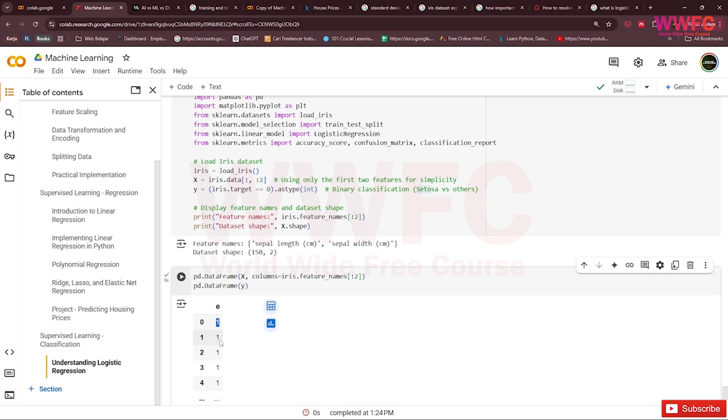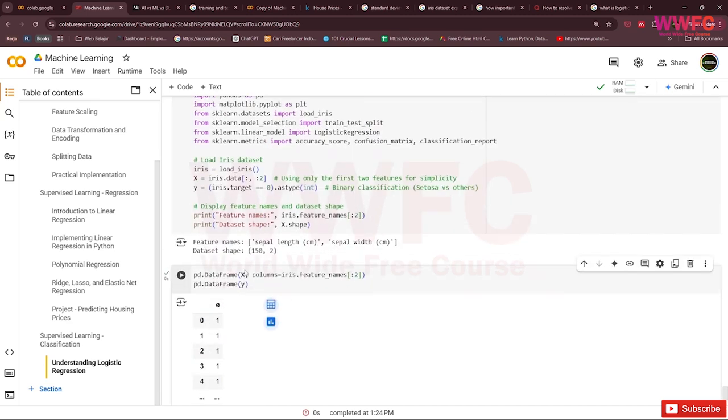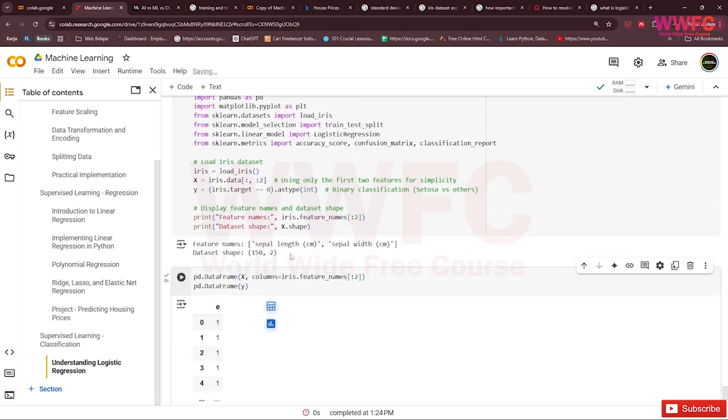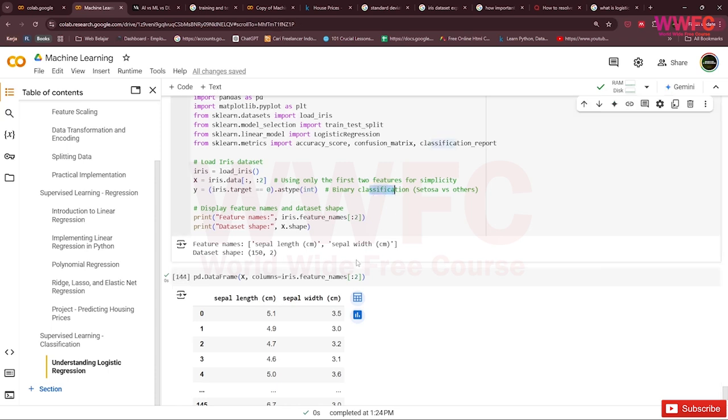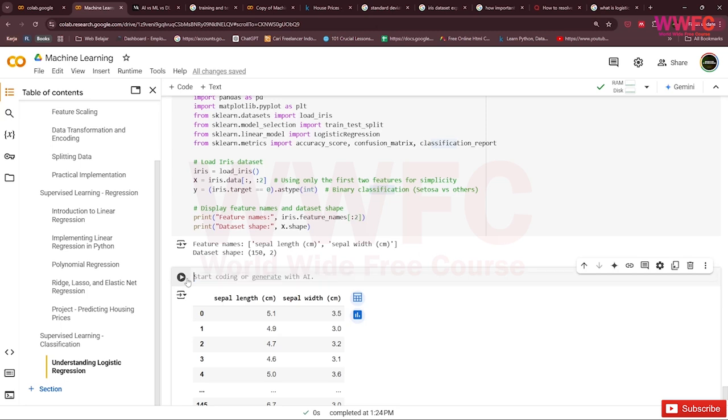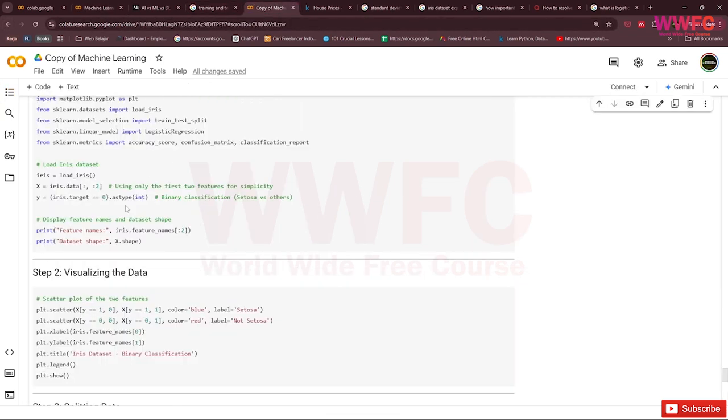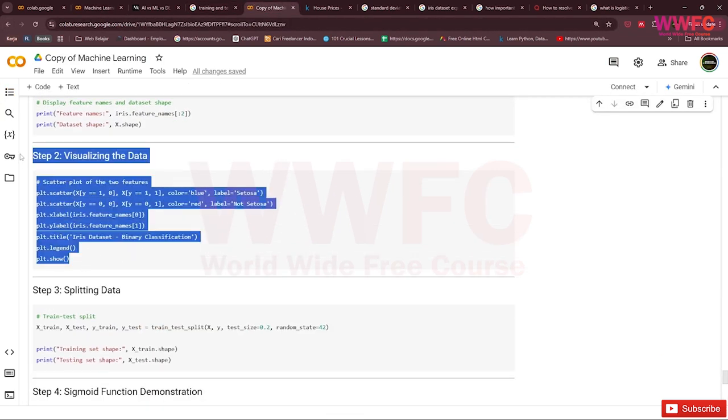So 1 is setosa and 0 is not setosa, and we leave it at that. X is sepal length and sepal width. We just want the columns for X for whether it is setosa or not. I want to check that, and then we want to visualize the data.